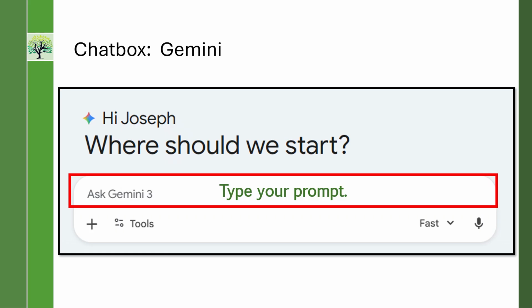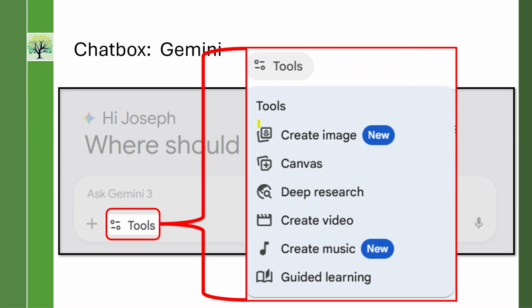There is a tools box. You don't have to use it. If you're going to do any of these specialized things, you can kind of prepare it. I'm creating an image. I'm having you teach me how to do something. You can select one of these and it makes it think more in that line right away. But if you write a good prompt, which is what you're all going to do, then you don't need to tell it that. You've already told it that in your prompt.